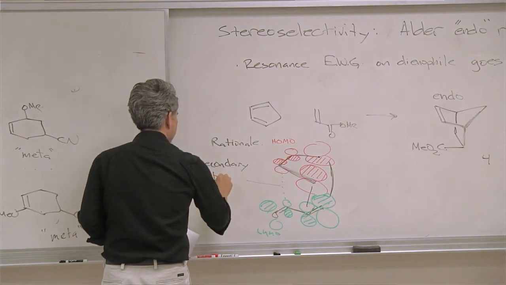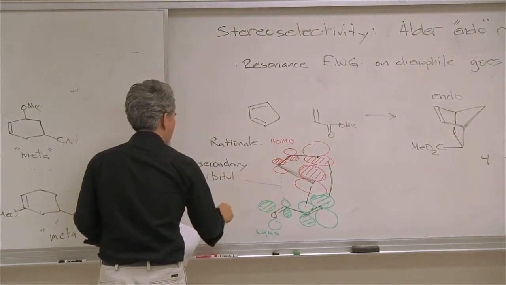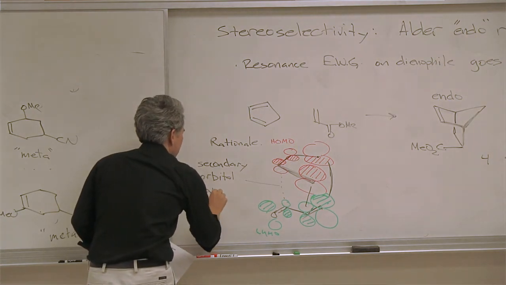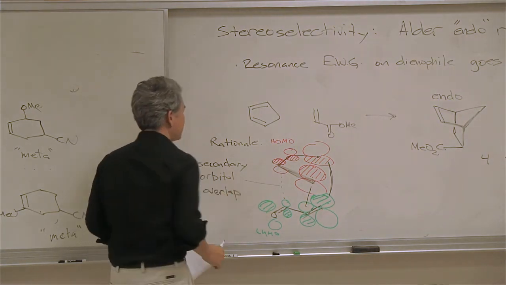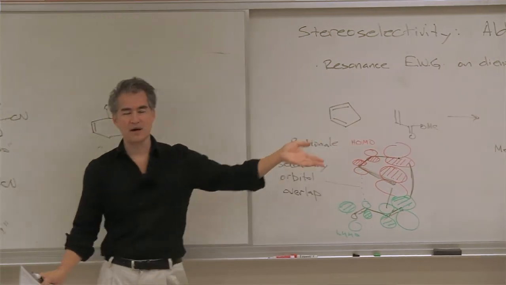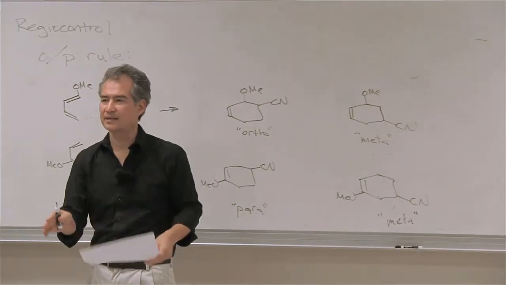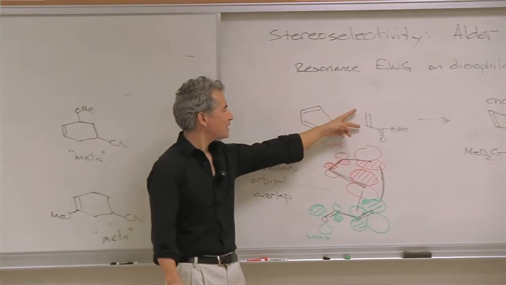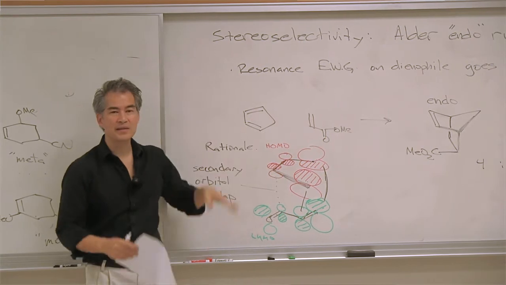And this is the accepted explanation for why you prefer the endo product, even though it's more sterically hindered. And this is true for acyclic dienes as well. This is not some cyclopentadiene thing. The electron withdrawing groups that you almost always have on your dienophiles will tend to want to wrap underneath the